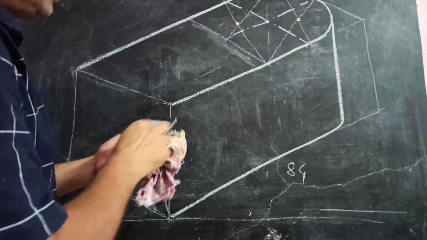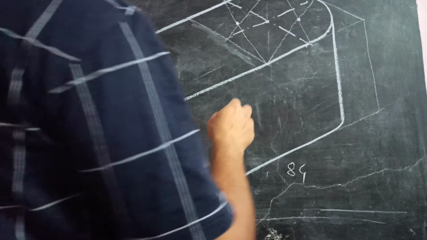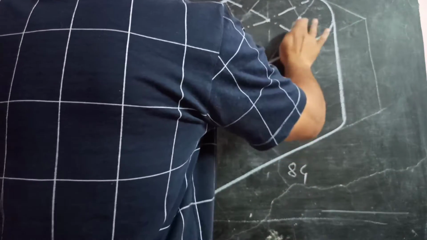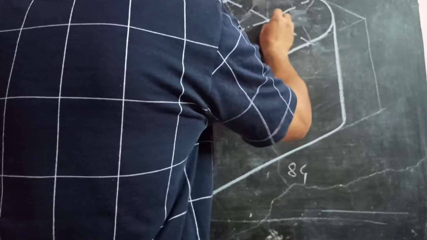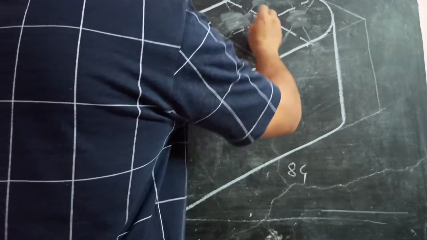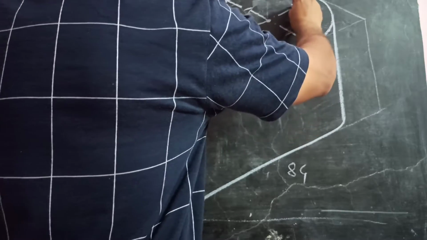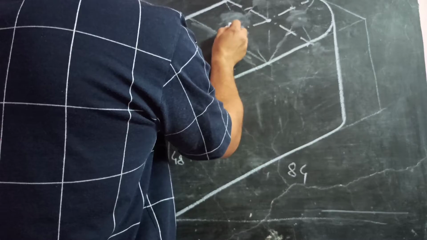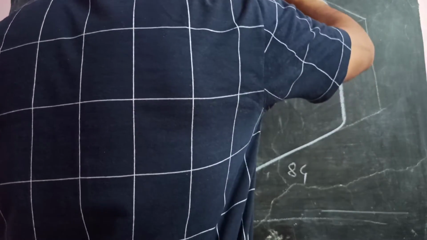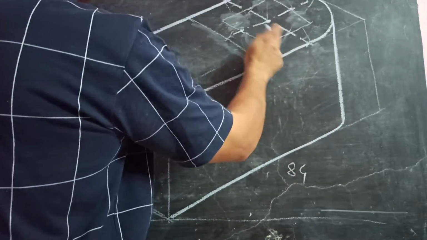Then there is a hole here in this. That hole is having a diameter of 20. So you can find out this is the center. It should be 10 on all four sides. So 10, 10, 10 and 10. Draw a rhombus parallel to this. So these two lines should be parallel to this.